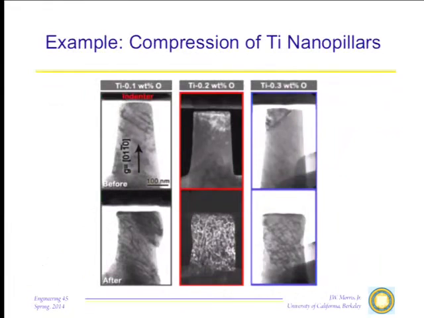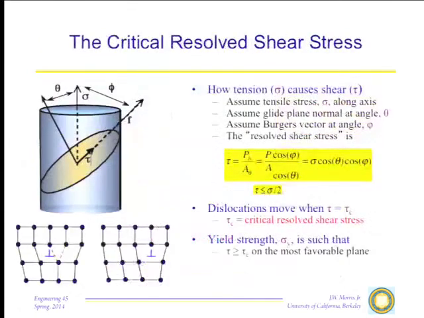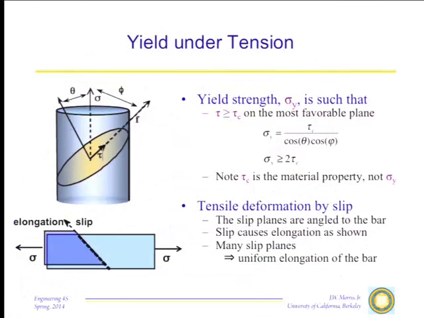And you can see this thing has been offset a bit. This top has slipped. And because it has slipped, the height of this pillar has gotten shorter. You can see that same process kind of starting here. So you get deformation by slip at an angle to the axis of loading if you're loading in tension or compression. And this is how it happens. Of course, in a real material, it's polycrystalline, so you get all kinds of slip planes. Even in a single crystal, you'll activate many slip planes, and they'll tend to be in